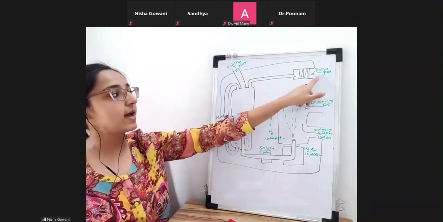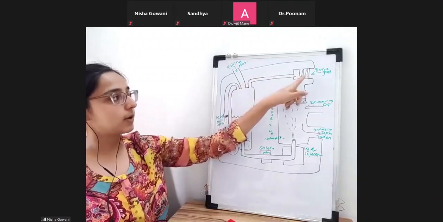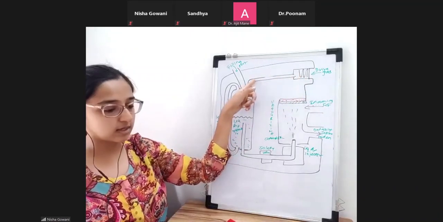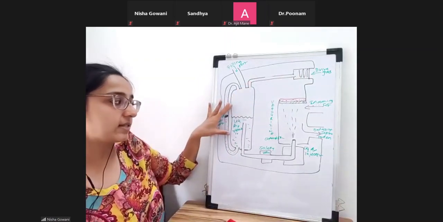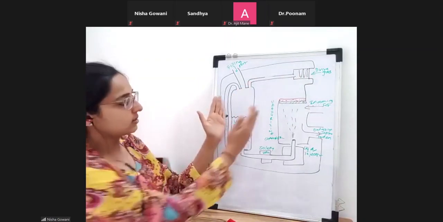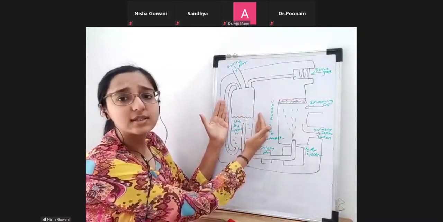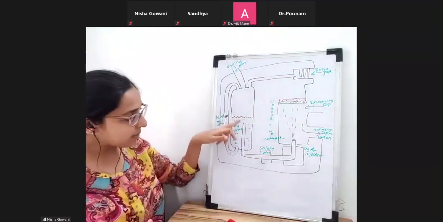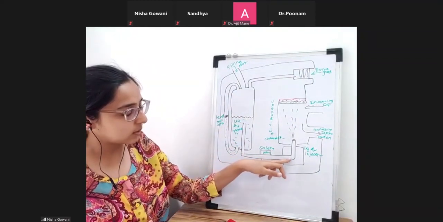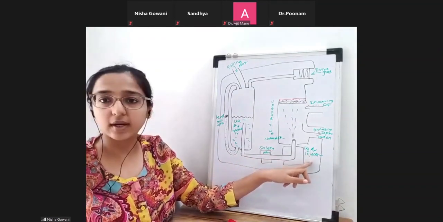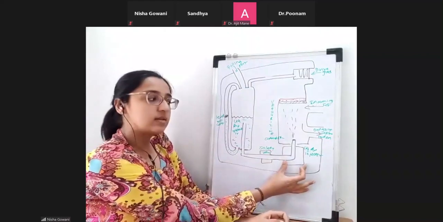This drive gas is going to push over here, and because of this push, it will cause pressurization of this liquid anesthetic reservoir. So this liquid anesthetic reservoir will get pressurized. As the pressure increases, what will happen? Some amount of liquid anesthetic will leave it, go across, and reach the liquid anesthetic injector. So this device is the injector.